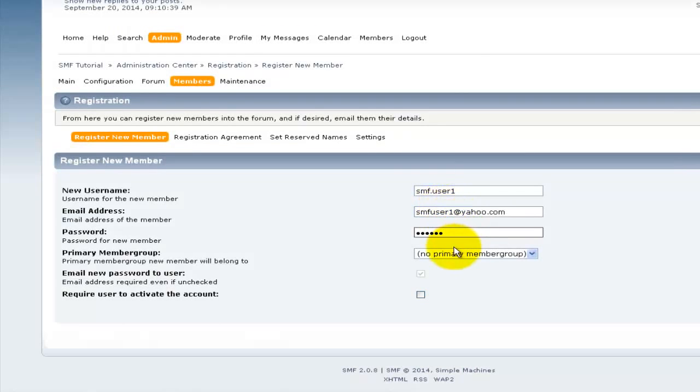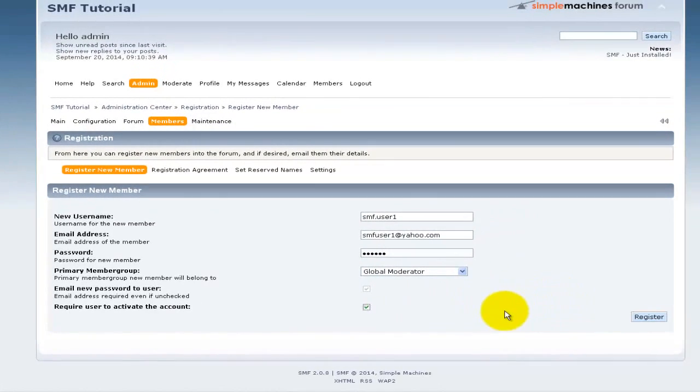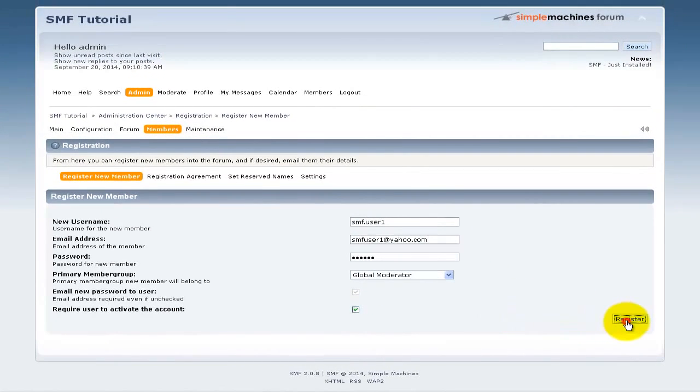Alright, once you have entered all the details, you will come to the primary member group, and you can select administrator, global moderator, or the junior member, and you can actually add more member groups like we did with the junior member by going to the options which we have seen in the previous tutorial. Okay, I'll make my SMF user 1 global moderator, and I'll make sure that he has activated the account. Once that is done, I'll hit register,